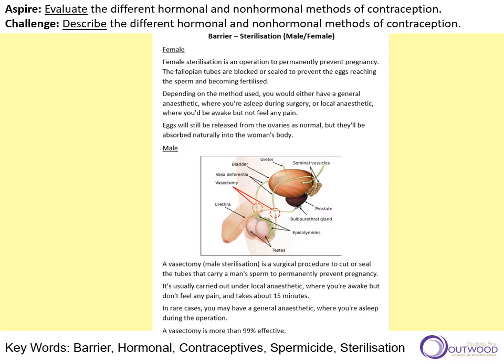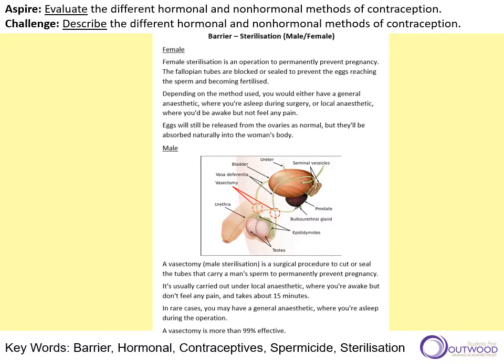Okay, so a vasectomy is a surgical procedure to cut or seal the tubes that carry a man's sperm, to permanently prevent pregnancy. It's usually carried out under local anaesthetic. You're awake, and it takes around 15 minutes. A vasectomy is more than 99% effective. The reason why it's not 100% effective is that on some occasions, the body's very good at rejoining the vas deferens. Okay, so the tubes can be